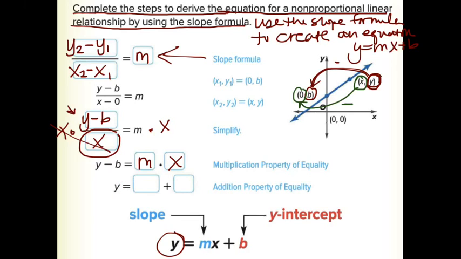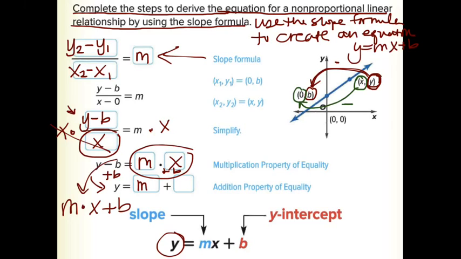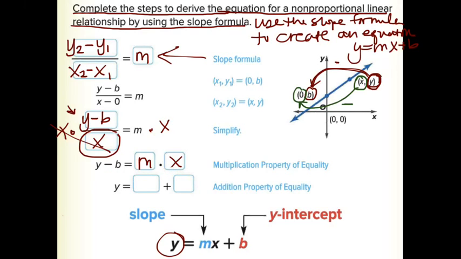Okay, again, we're trying to get y by itself, so that means we're going to add b to both sides. Now, they didn't give you room for that, but that's exactly what's happening. So if I have m times x plus b, that's what I have right here, just so you have a little frame of reference. Let's back up. So if I add b to both sides,